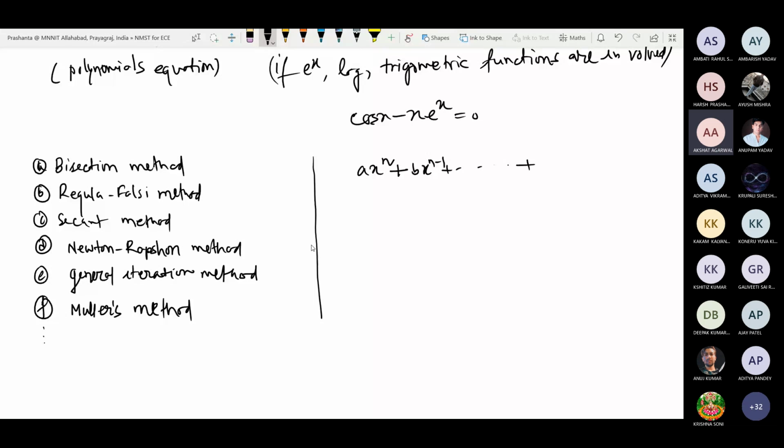let me write, let us start with a_n x^n plus a_(n-1) x^(n-1) and so on up to a_0 equals 0. If this is the form of the equation, it has exactly n roots. Some roots may be repeated. The repeated roots are called roots with multiplicity. Some of the roots may be repeated, their multiplicity may be more than 1. For example, if the equation is x square plus 2x plus 1 equals 0, this is a polynomial equation, it has exactly 2 roots. But the roots are what? Repeated. The roots are -1 and -1.